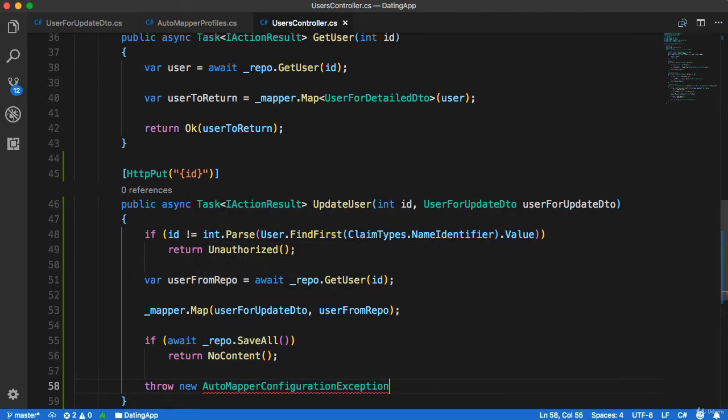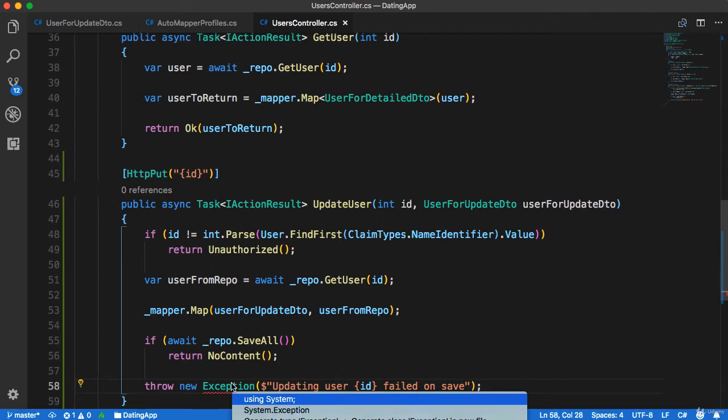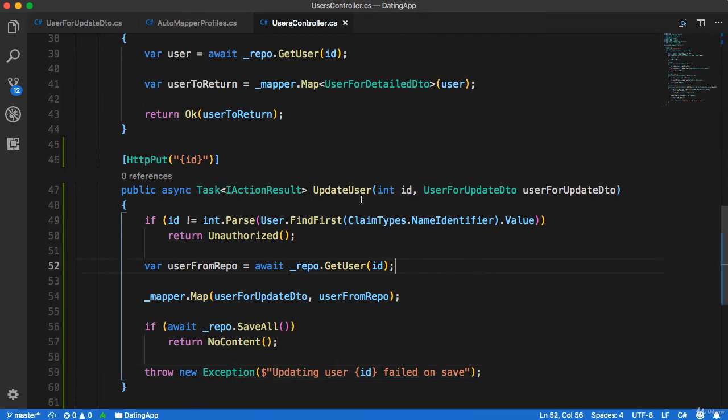And we'll add the dollar and some quotes, and we'll say "updating user with ID failed on save." And we'll just need to bring in the exception from System. So this is our update method, and whenever we create a new method or a new action inside our API,